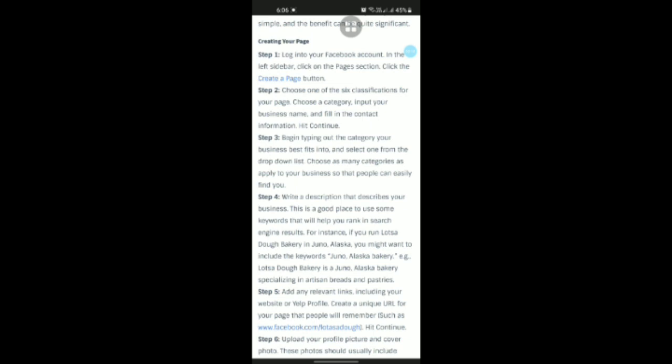For instance, if you run Lotsa Dough Bakery in Juneau, Alaska, you might want to include the keywords Juneau, Alaska, bakery, for example. Lotsa Dough Bakery is a Juneau, Alaska bakery specializing in artisan breads and pastries.